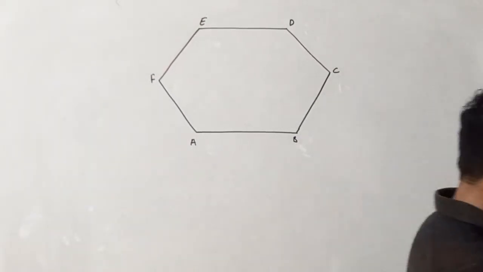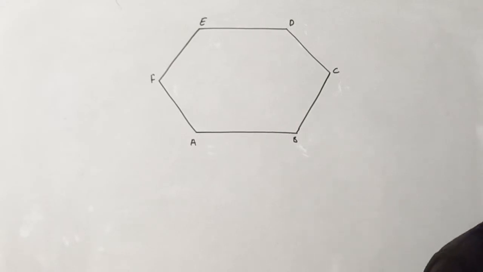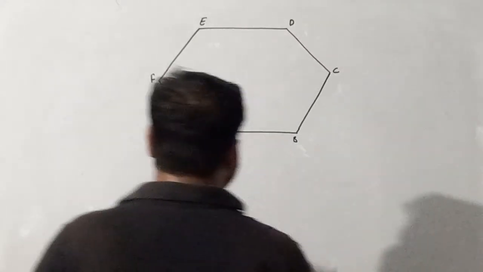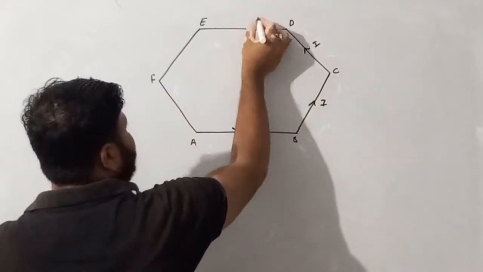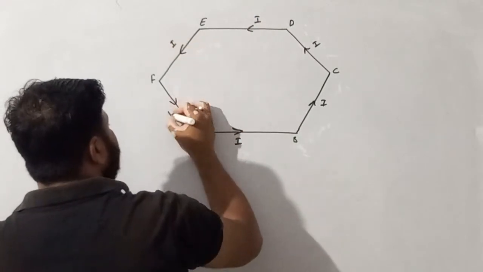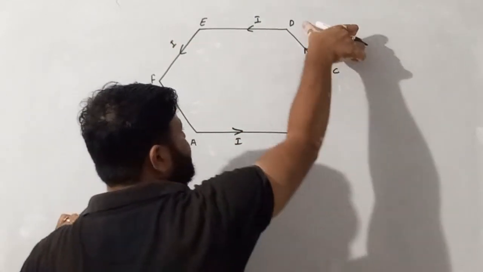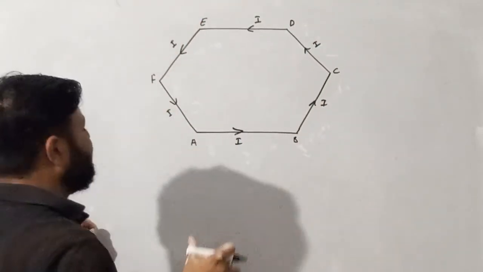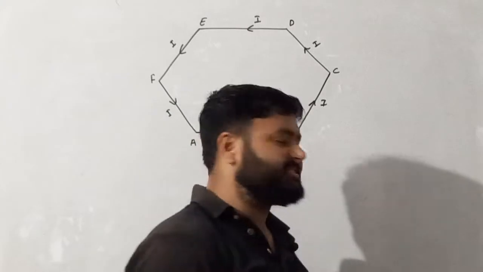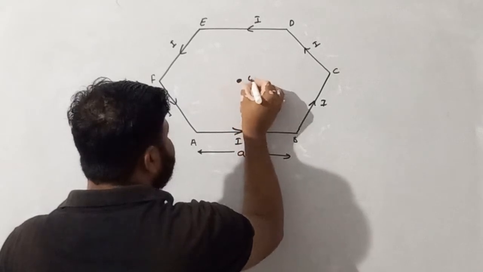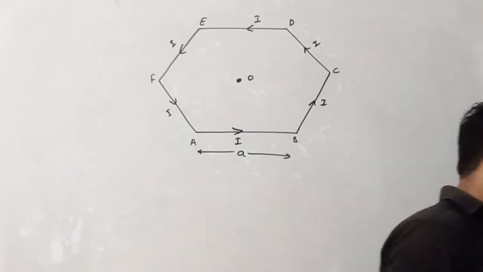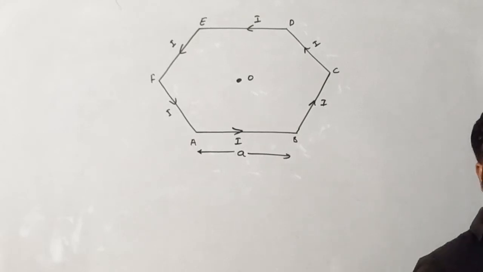In the question they are saying there is a regular hexagon in which current is flowing and the value of current is I. So current I is flowing in this regular hexagon, my dear student. As we all know, AB, BC, CD, DE and EF are equal in size. They are saying that their side is A. There is a point at the center. Let's suppose this point is O, where we want to find the magnetic field due to this current carrying circuit in the form of a regular hexagon.